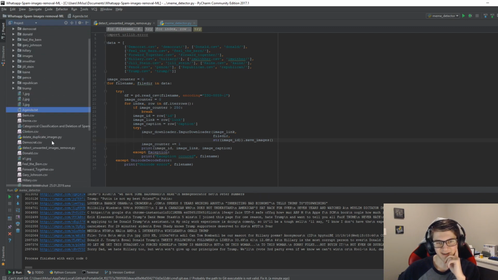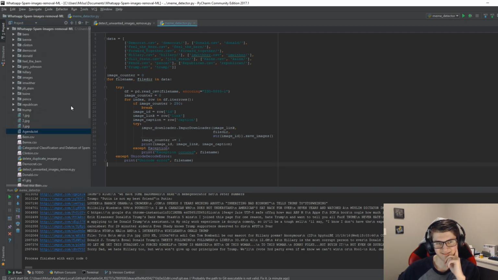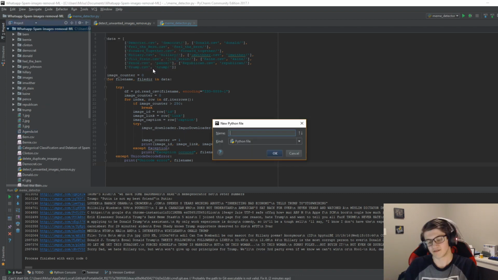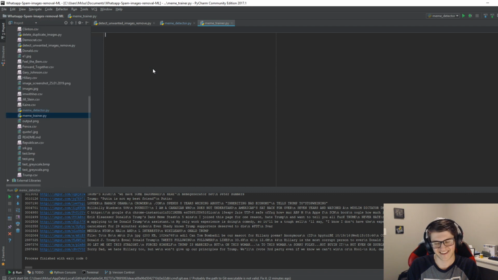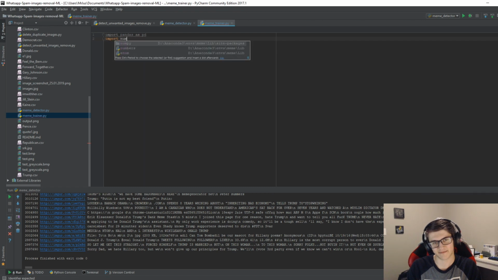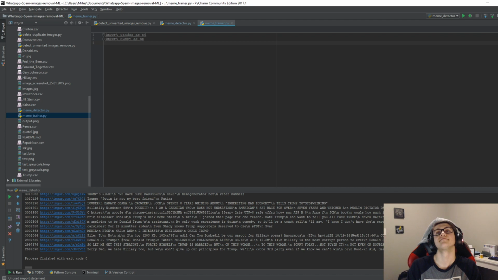So I'm going to create a new file because this is sort of just for downloading the images. We're going to name it meme trainer. And what do we need for this? We need to import pandas as pd. We're probably going to need some numpy stuff, as np. We're going to import